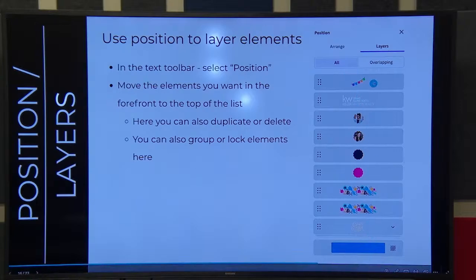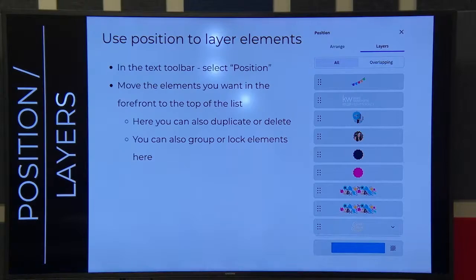Like here's a picture of Elijah. He's on a frame. I've got this frame beneath it just to give it a little pop. But if I put this on top, it would take his picture away and all you'd see is this. So I layered the font on this and then locked it so I couldn't move it. But anyway, this is